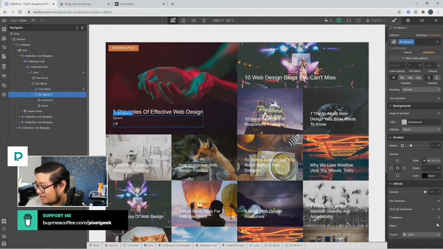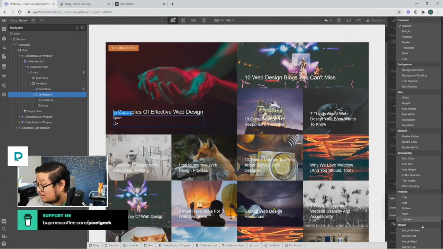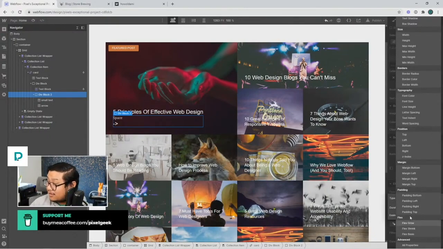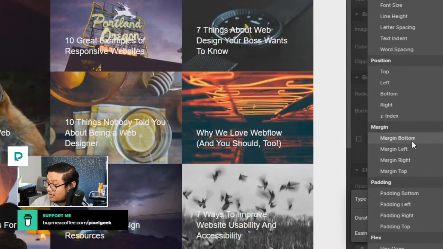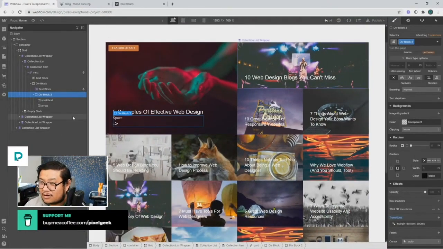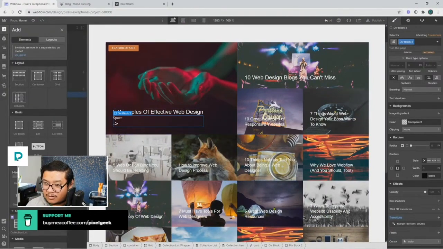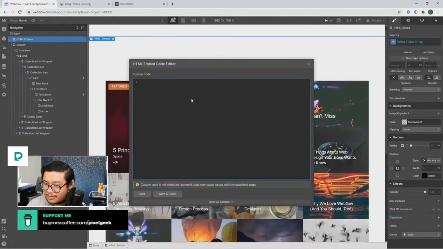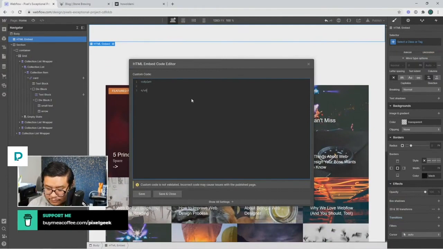But here we go. Let me add a transition real quick. See, you can have transitions here, CSS transitions with the margins, but not on interactions. Interesting. All right, I'm gonna add some custom code. Let's see if this works. Style. So what I want is dot card. So when I hover over card, I want to find the child of div block with the name of div block 2, and I want the margin